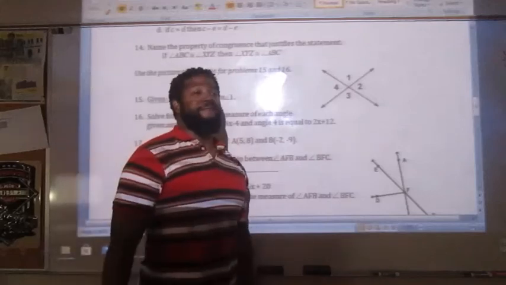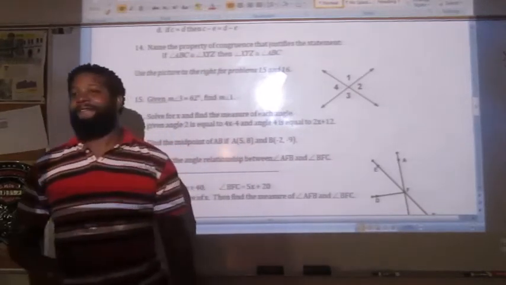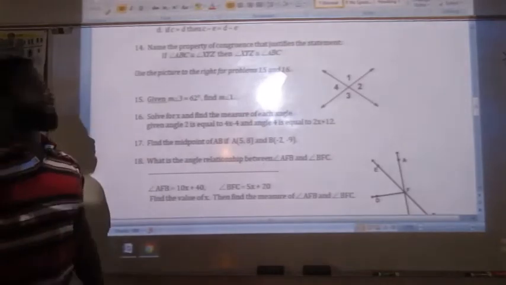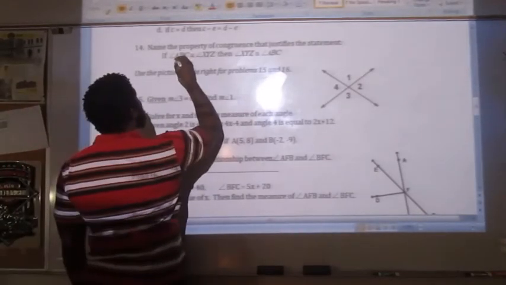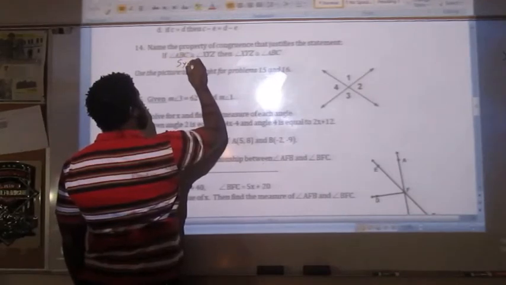Did anybody get it correct? A couple of y'all wasn't. Is it symmetric? Oh no, I think I got it correct. Say it louder, Mr. Floyd. Symmetric. What property is that? Symmetric. The symmetric